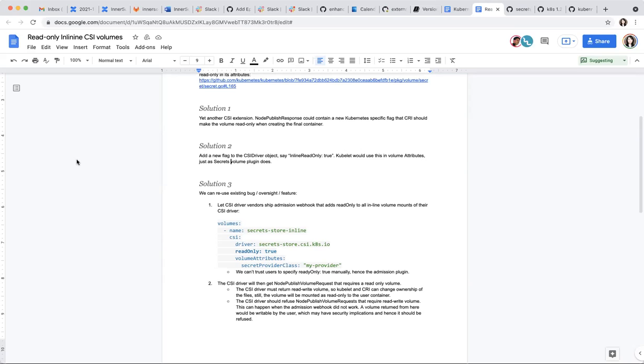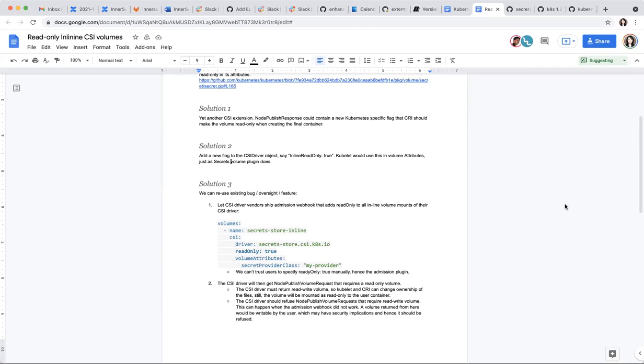I'm thinking. No, I don't think Kubernetes knows anything about the CSI driver, except for what's written in the CSI driver. It's not a kubelet decision. It's mostly the driver that needs to ignore the read-only flag.